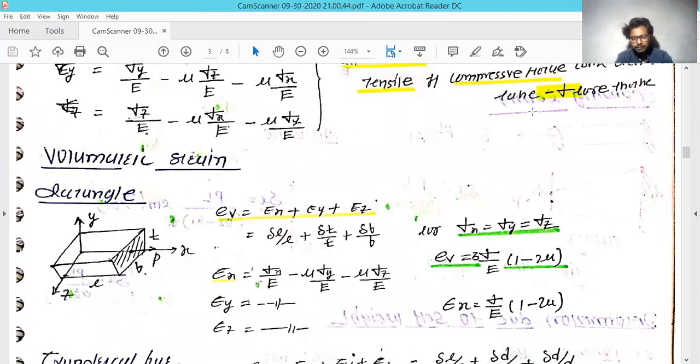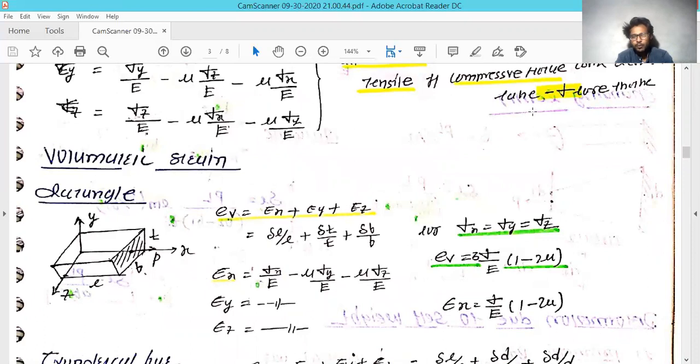If the same kind of stress and strain is acting on this kind of element, what effect will it have on that part, and how does this part behave with respect to that particular direction and that particular stress and strain? So we are going to see